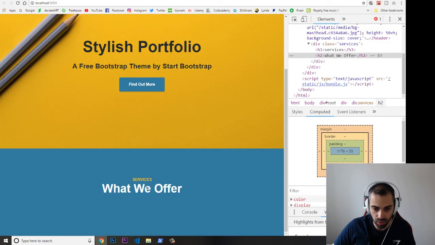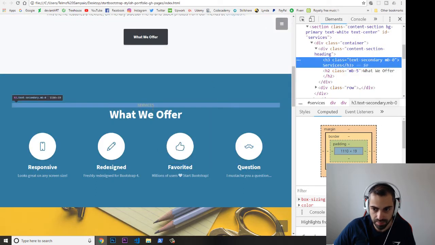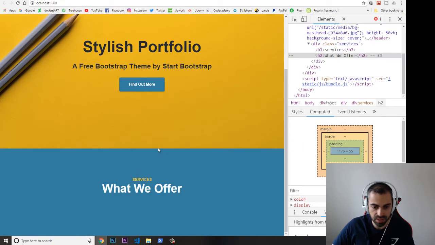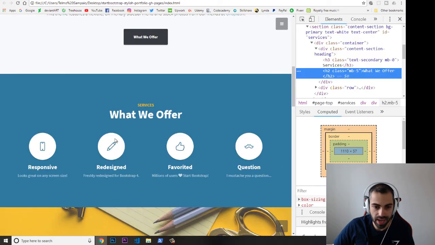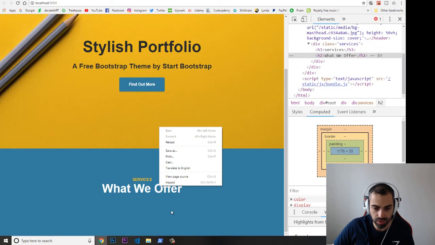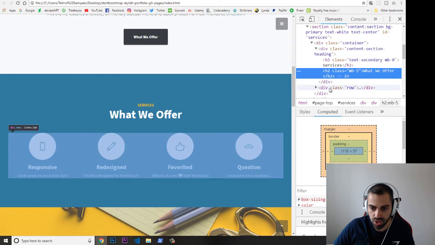Okay, look, let's see if this one has any padding on the bottom. No. Yeah, it's quite similar. Okay, now let me just see if we got the margin bottom already. Okay, so now we can actually